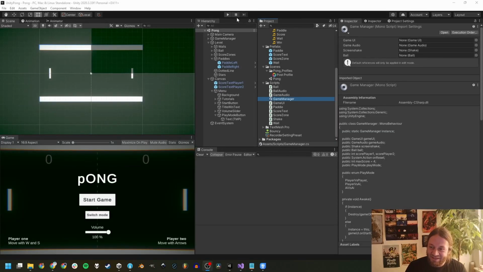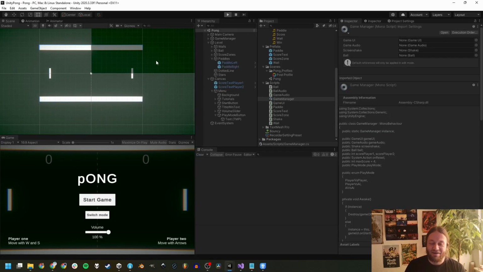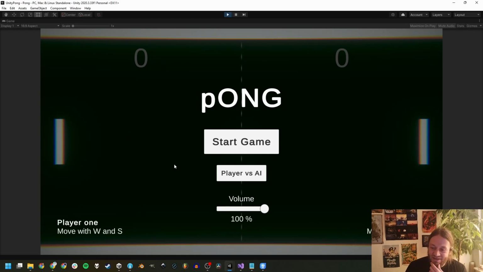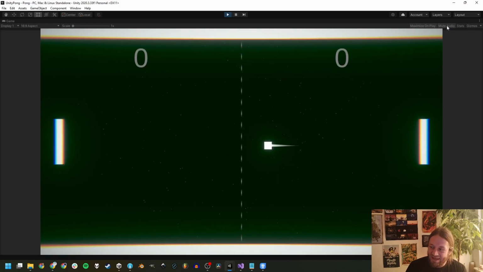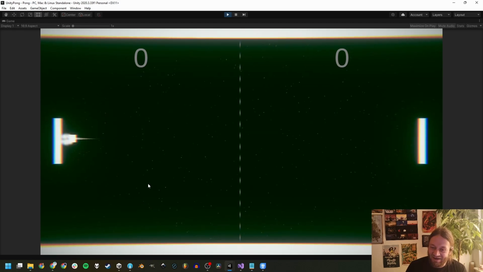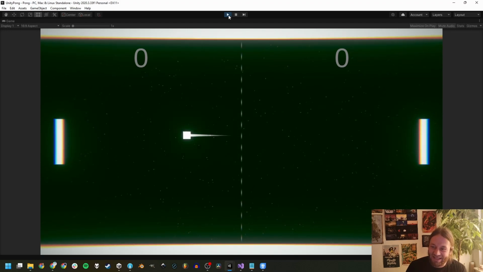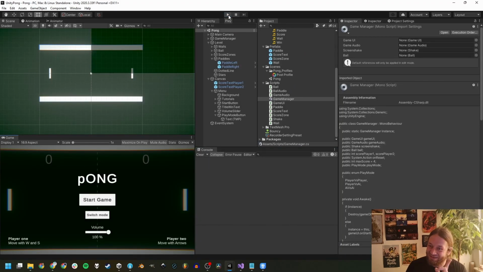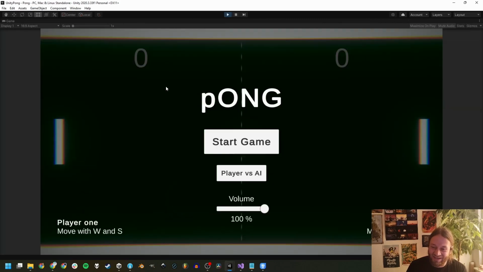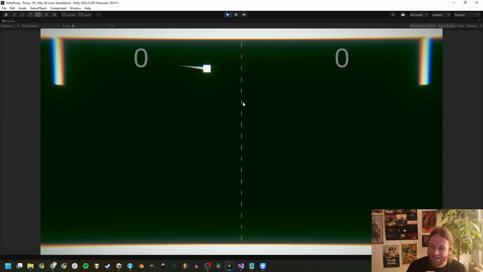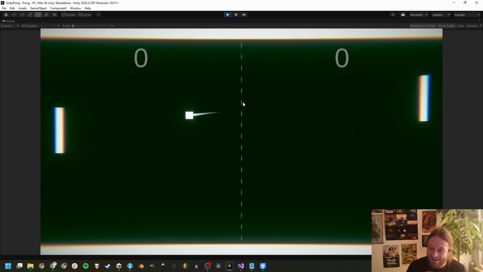So back inside Unity, let's see if our self-playing game actually works. So we click the button, okay, we can toggle between these modes. All right, this one works. And let's just start the game now. Okay, this is like an edge case of a very low angle. Let's try that again. We're gonna get to the ball angle in the next video in this series. So let's try that again. Higher angle this time. Okay, this is still a very low angle, but you see,